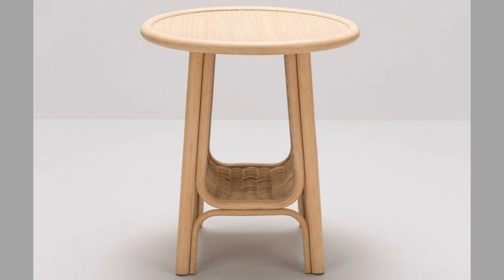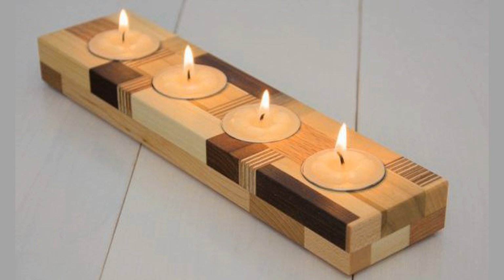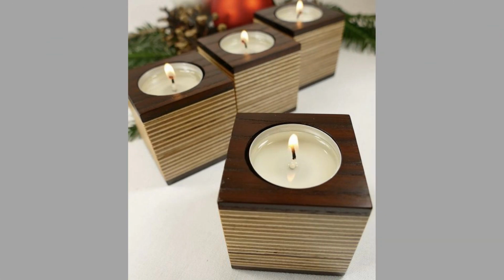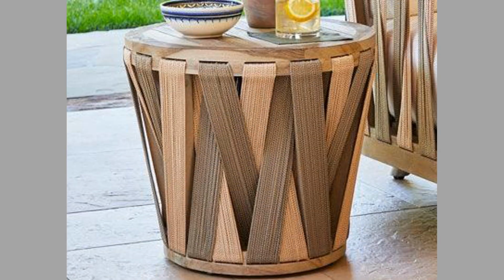Decorative trays can also be a fun project that combines functionality with creativity. Wooden trays can be used for serving food or as decorative items on coffee tables or entryways. To create a simple tray, cut a rectangular or square piece of wood for the base, then add sides to